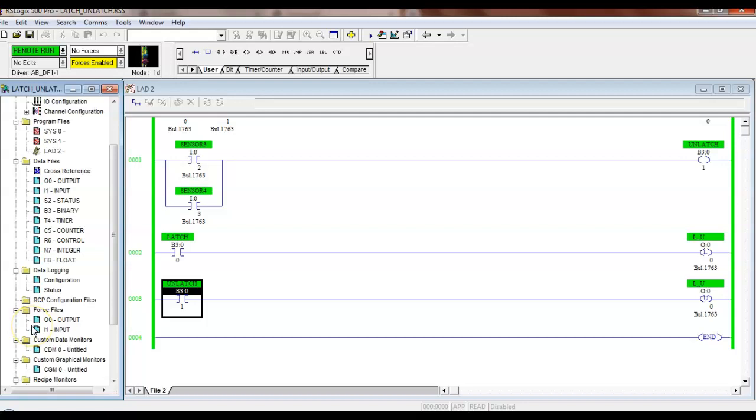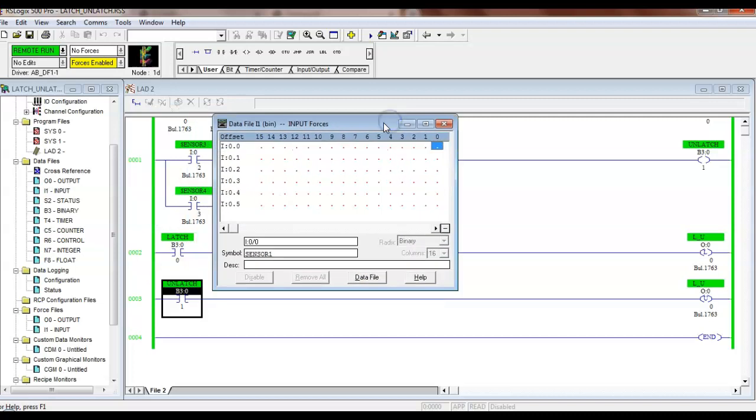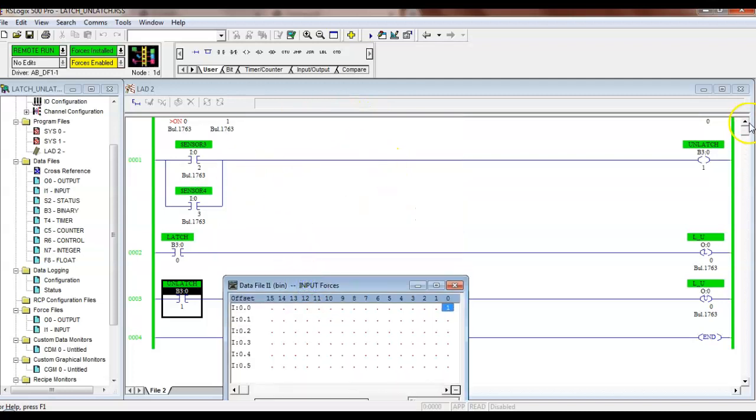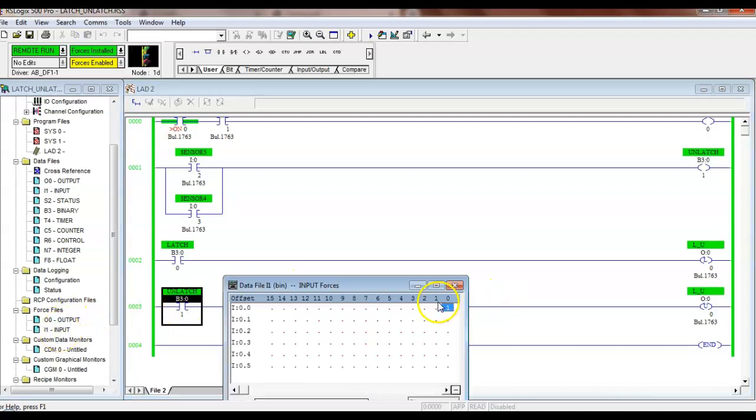called force files. So I'm going to come here and click on my inputs, and it brings up my input data file. Well, right now I've got all dots in there. So what I'm going to do is come over to my keyboard and type in a 1, and hit enter. And we should see this input go true. It says red though, because it's been what? Forced. Am I touching my switches? No. Then I can come over here and break up my input file, and I can go over to the next dot and put a 1 there, and then,